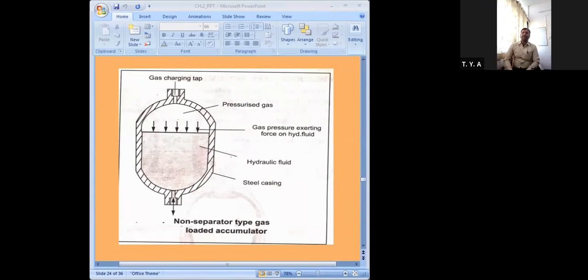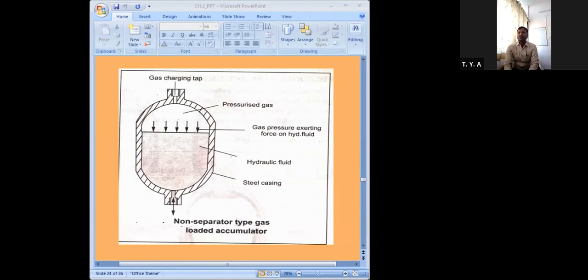Now, the advantage of this non-separated type of accumulator is that it can handle a large volume of oil. But the disadvantage is that due to the absence of a separator in between the pressurized gas and the hydraulic